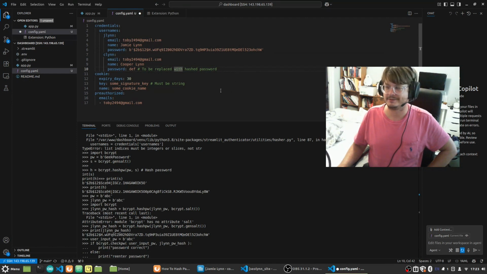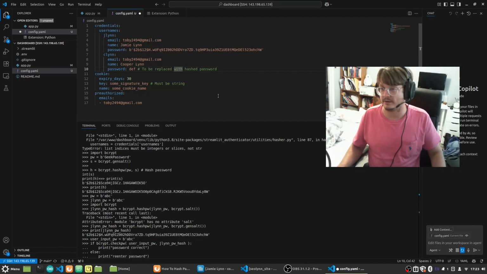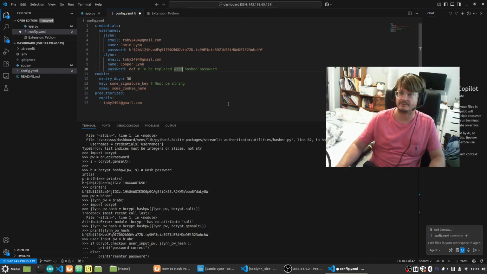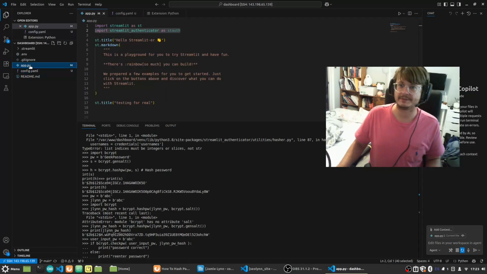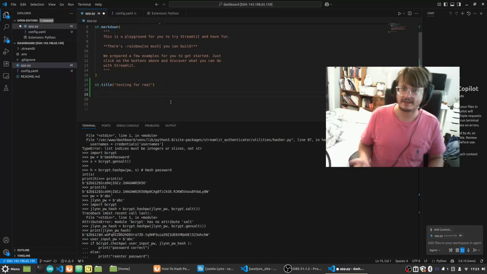I mean, there's no reason for this application to be secure right now. Nothing important on it right now. I'm going to go ahead and save my config.yaml here. And inside app, I am going to make a,